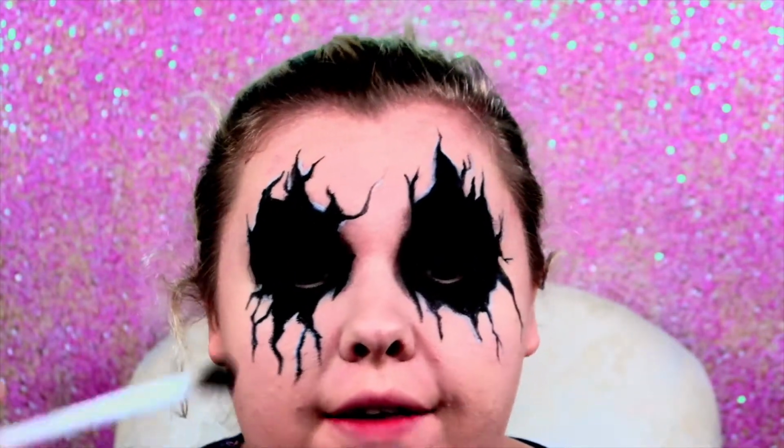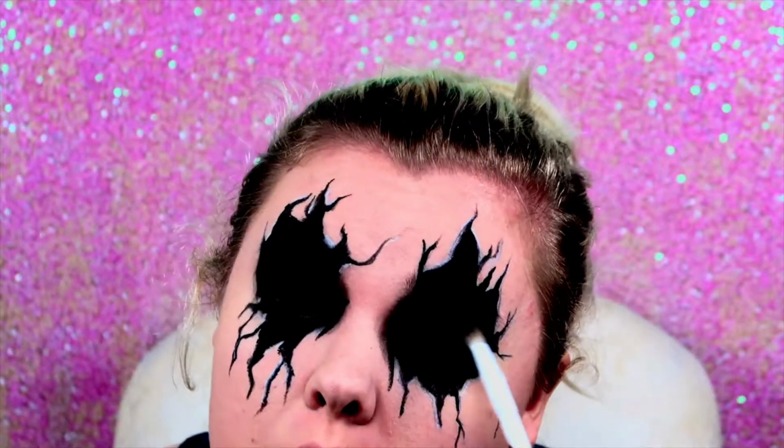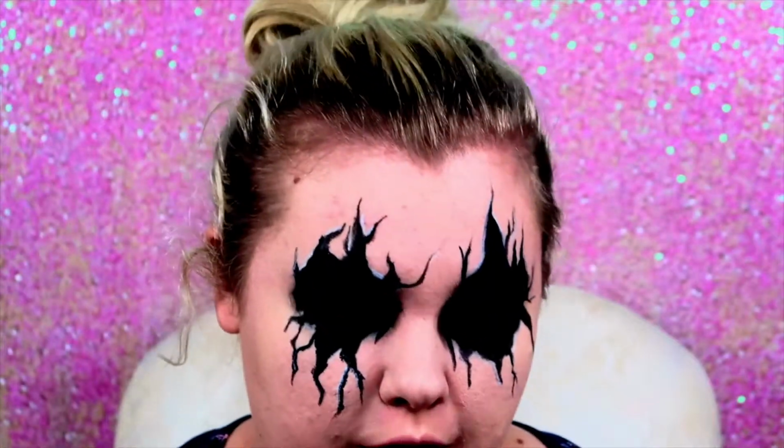So normally you want to go over with some sort of powder makeup, like eyeshadow or something, just to kind of secure it on there, because it will kind of rub off. Like my eyelids already started having some separation and wear off. Matte shadow would be preferred, but